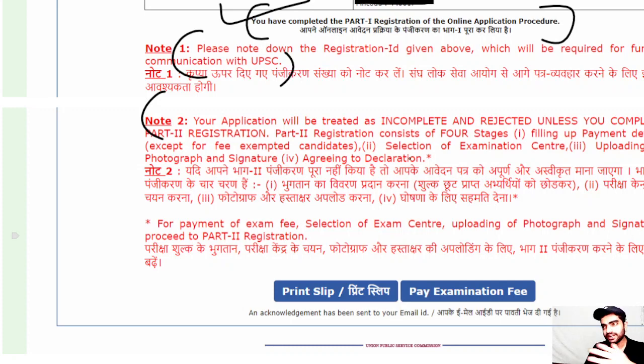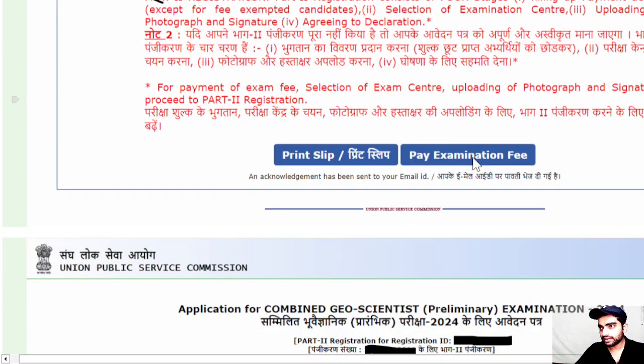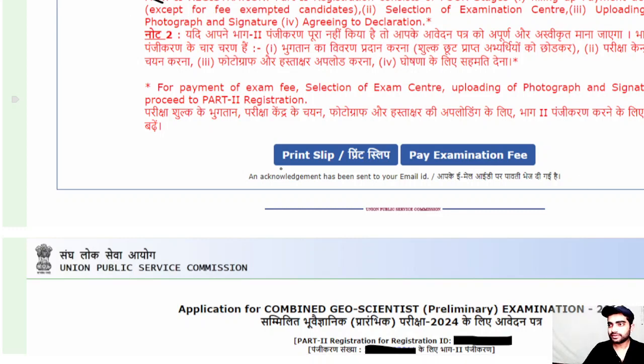So from here your part 2 registration will start, where you have to pay your examination fees, upload your signature and photo, and then you have to finally submit your part 2. So you have to click on the pay examination fee, and after you click on this, you will be redirected